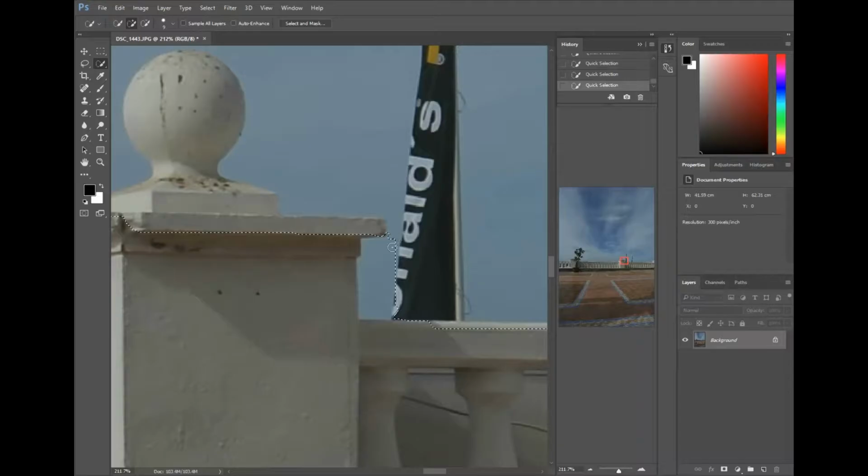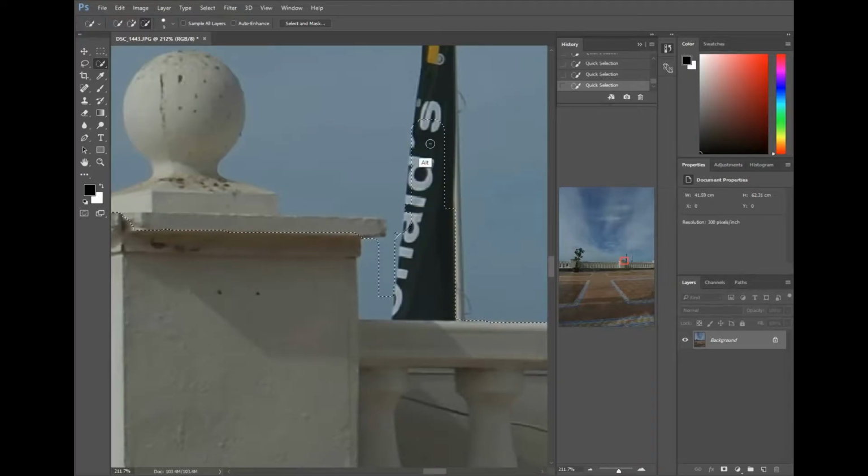I want to select this car. I don't want to use my Alt key at all on this occasion. I actually want to add to the selection, not take away. So I've added to my selection, but I actually don't want to include the flags, or whatever they happen to be for the pub. So I'm going to deselect. That's holding down my Alt key and drag up,